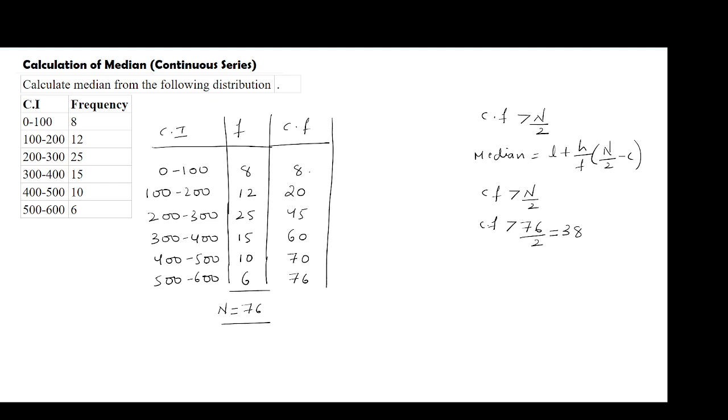So the cumulative frequency column we have to check and find out the value which is greater than 38. So cumulative frequency which is greater than 38 is 45. So corresponding frequency is 25 and the corresponding class interval is 200 to 300. So I have to write here cumulative frequency greater than n by 2. I got 38 is 45